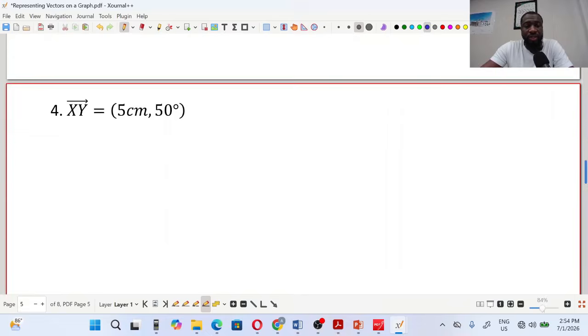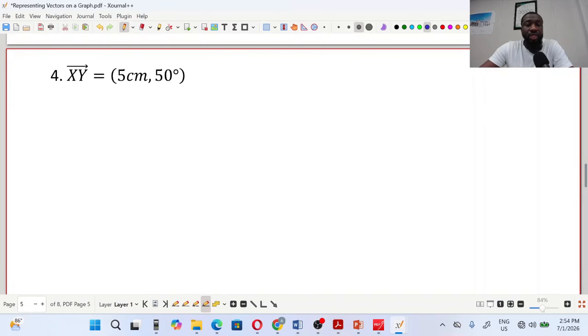Let's move on. For this one, it's not in the column form, right? It's in the what? Magnitude bearing form. Still, I just have to draw my Cartesian plane. Remember, if I have a Cartesian plane like this, remember we're looking at bearing. So this is going to be